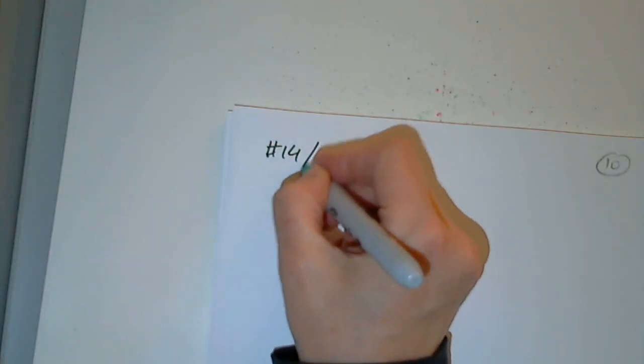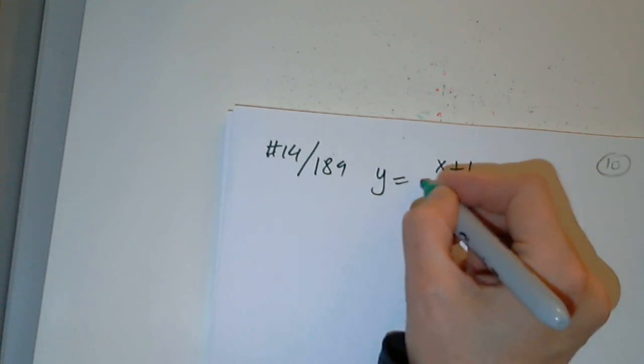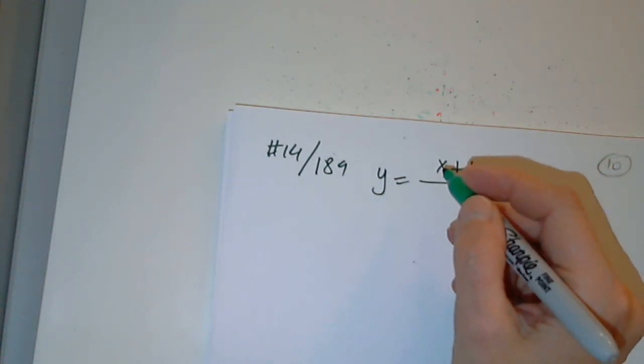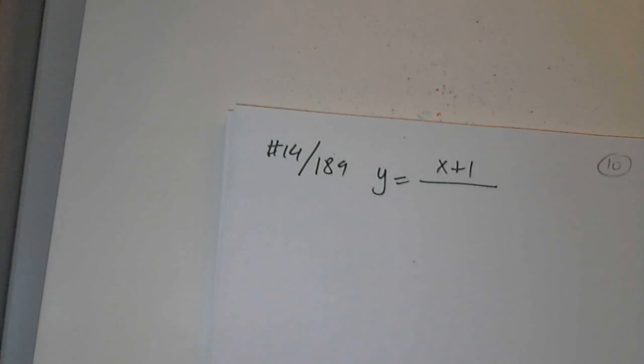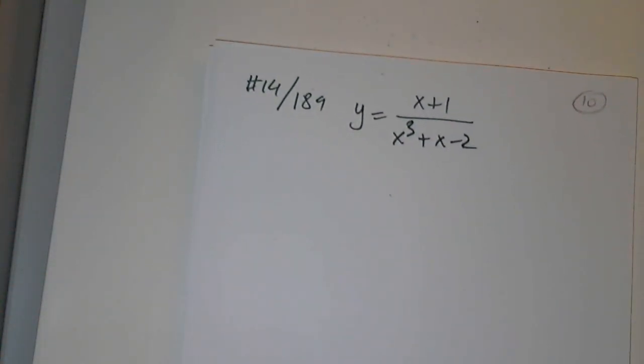Okay. So 14 on page 189. And we have y equals x plus 1 divided by x squared. No, I think it's x cubed. Yeah, it's x cubed. So x cubed plus x minus 2. We see a quotient,